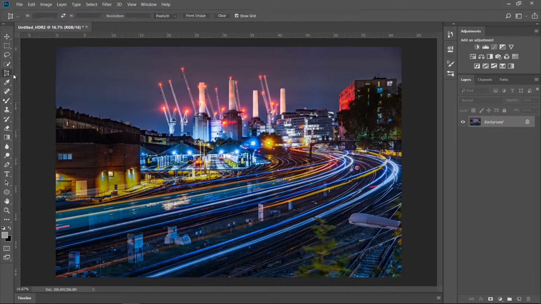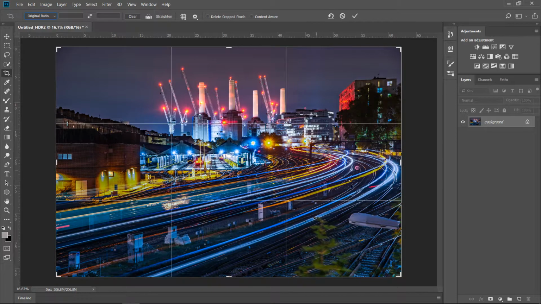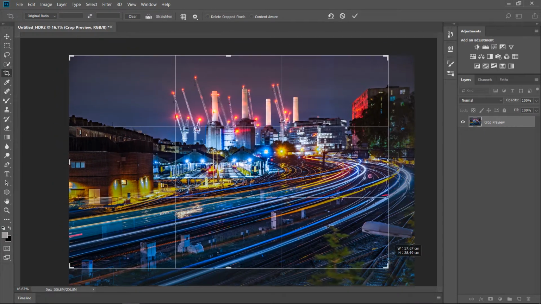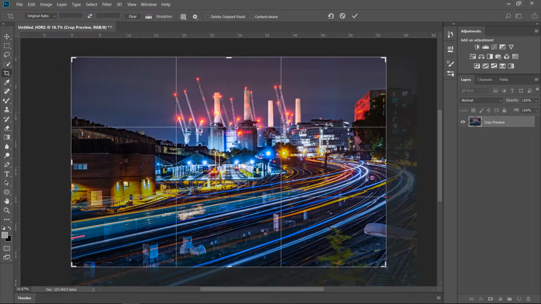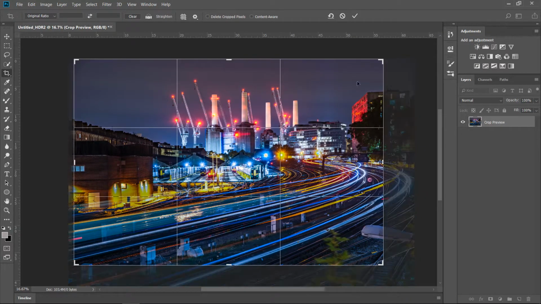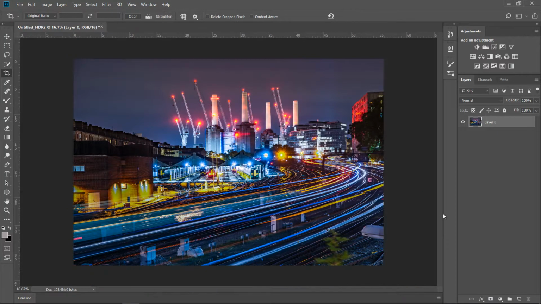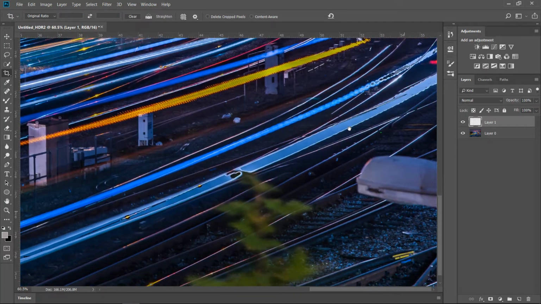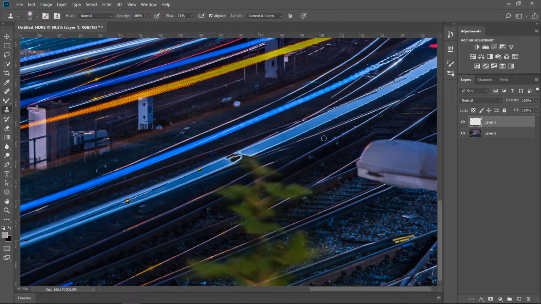So last thing to do here is grab my crop tool, retain my original ratio, just crop something like so, something like this. Yep. Create a new blank layer above it, zoom in, grab my clone stamp tool and clean up this light here. So I'll just go like this